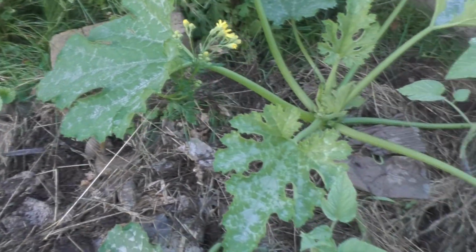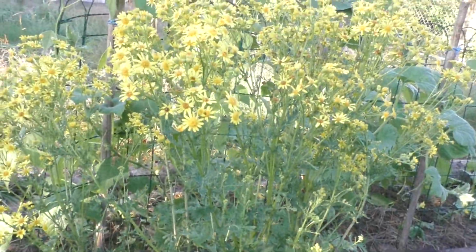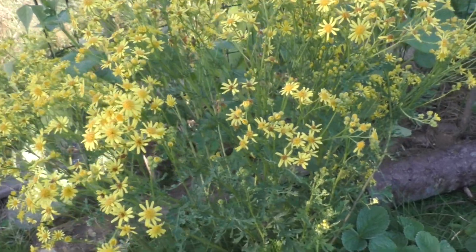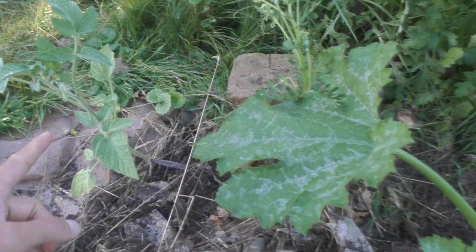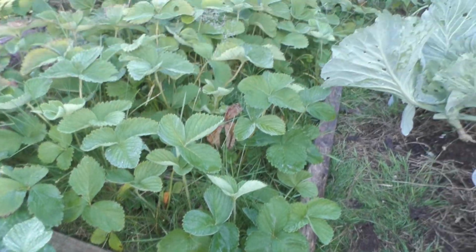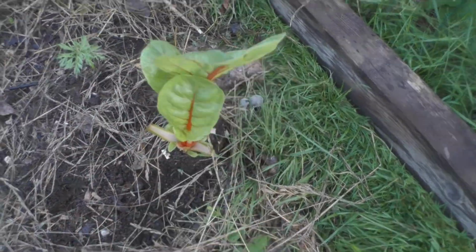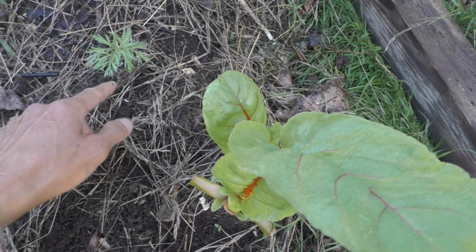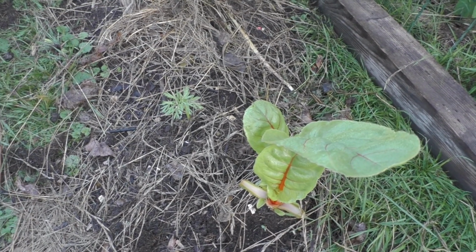Here I have another zucchini. I have some wildflowers here. I'm using them as a way to attract the bees to come over. And here I have some tomato, zucchini, tomato. And here's my strawberry again. Over here I have another Swiss chard. Here, this is one of the only carrots that came out. I planted a lot of carrots in